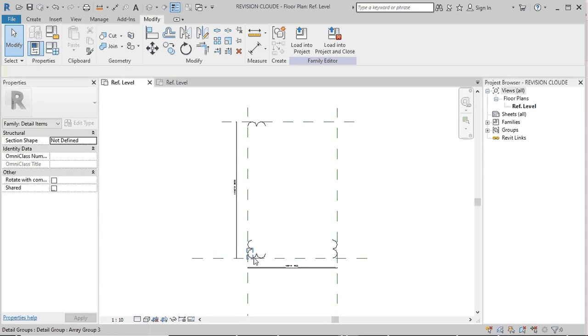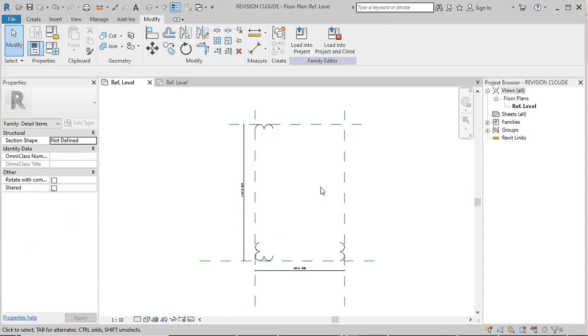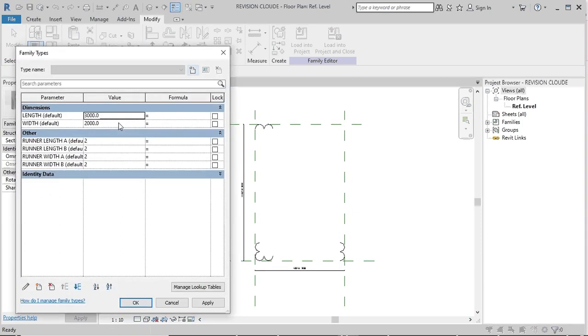You can see the parameter setting arrangement is now completed. Now I can do the formula setting: length, width, runner length B, runner width A, runner width B. How can we control via formula?